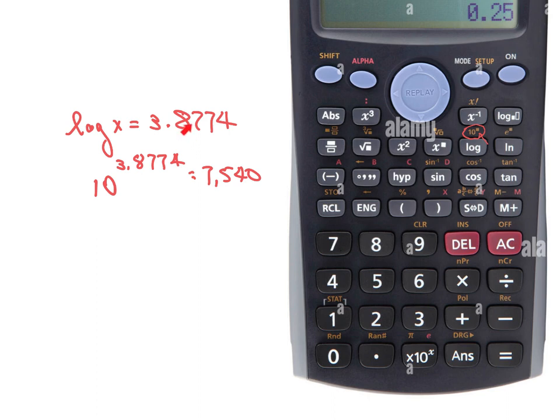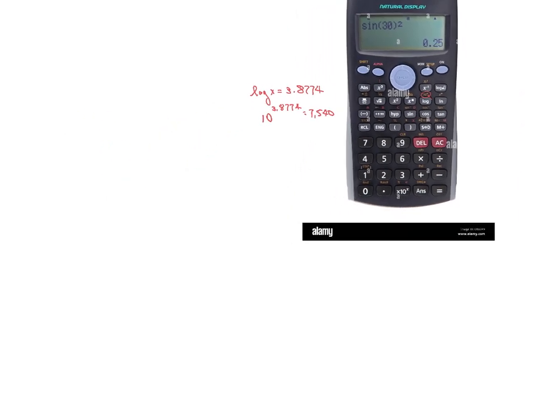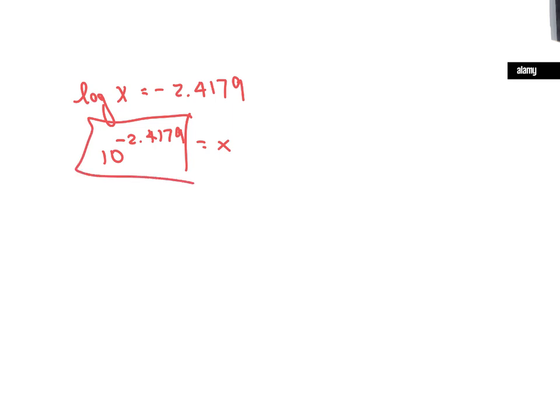So this is the exponent that we put on 10. What answer do we get when we do that? And that's what our 10 to the x key is for here. So another one for you to try. In fact, let's get rid of my little calculator there. Log of x equals negative 2.4179. So again, 10 to the negative 2.4179 equals x. So you're going to use your calculator and use your 10 to the x key, and it will give you